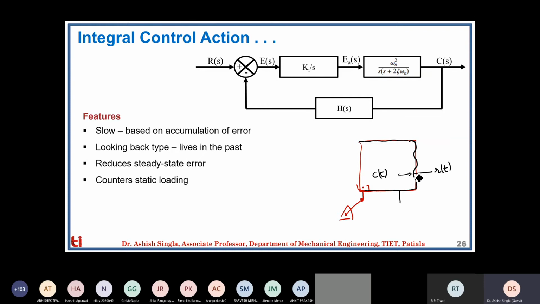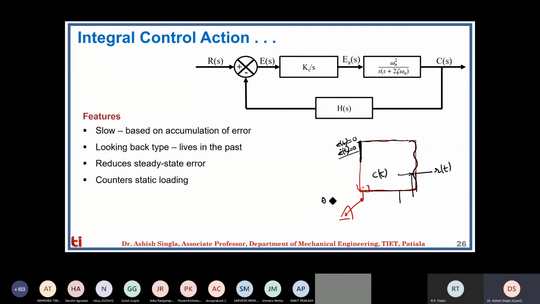So let's say for that timing, the robot follows this red line very smoothly. What does that mean? That there is no error, e(t) will be 0, and the rate of change of error will also be 0. So if error is 0, there is no output from the proportional control, and there is no output from the derivative control, because the rate of change of error is also 0, since it's following the trajectory very smoothly.